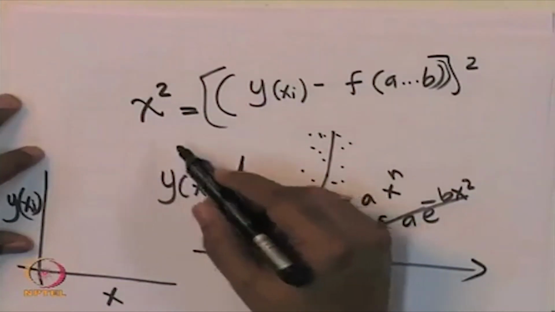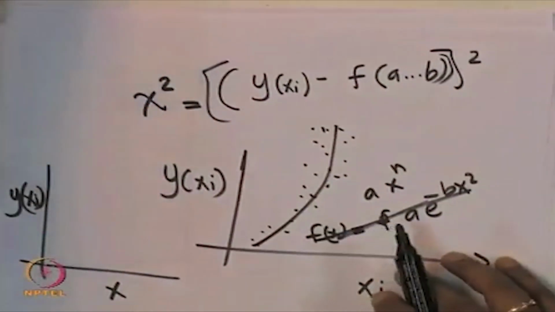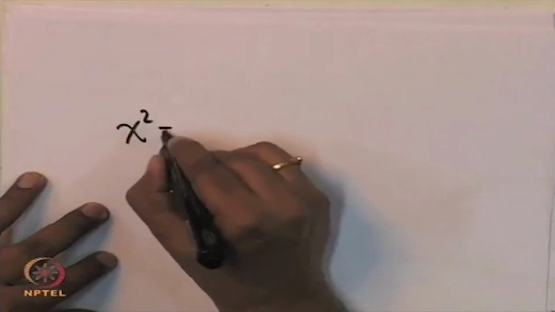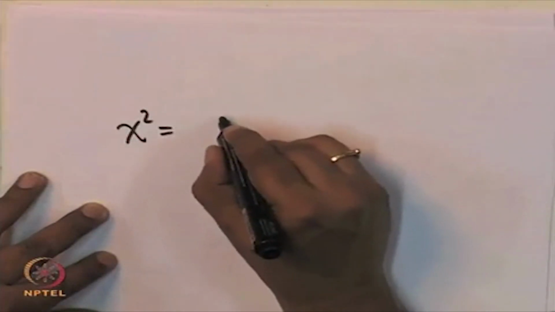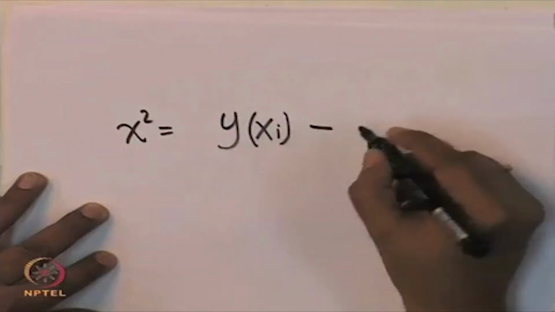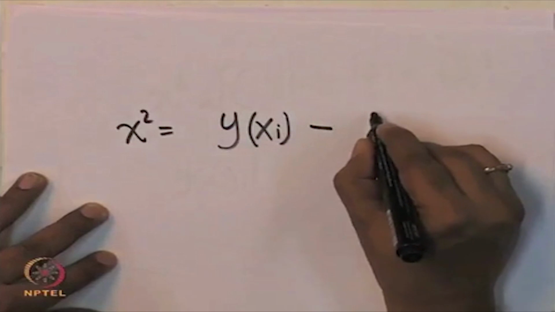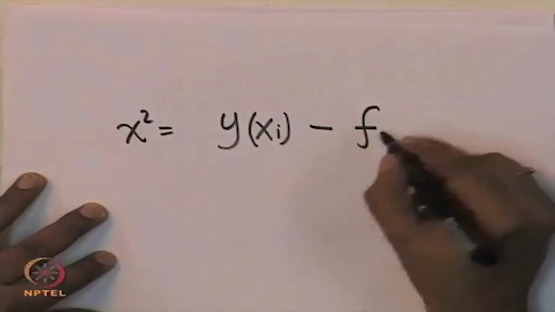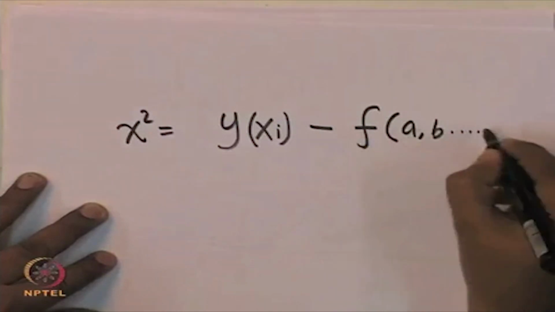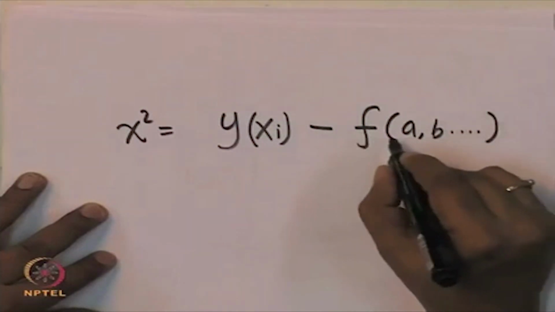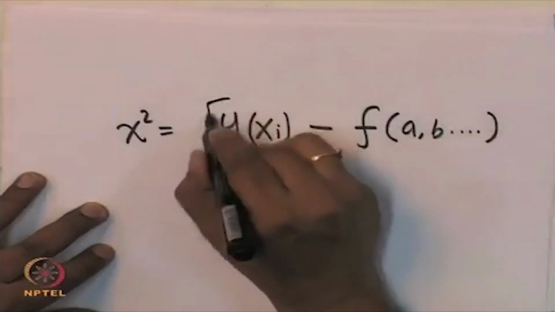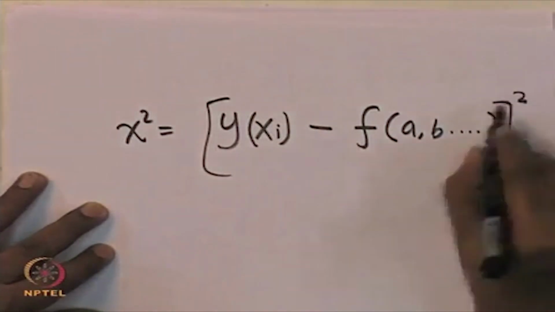this is typically called chi-square. So, chi-square is the experimentally measured function minus the function that will fit the data the best way. So, this will be a, b, you can have any number of parameters. So, in our case we had k 0 and k d, you can have any set of parameters. If you find this difference and square it,